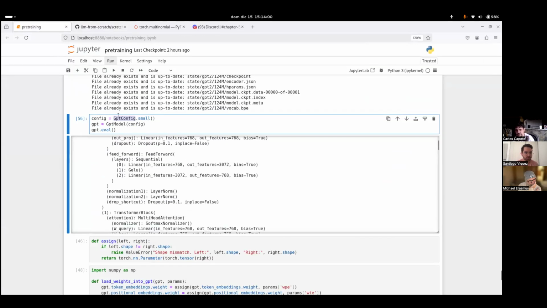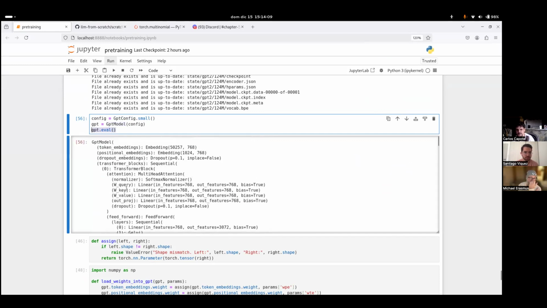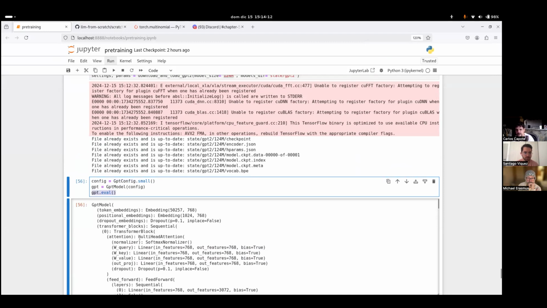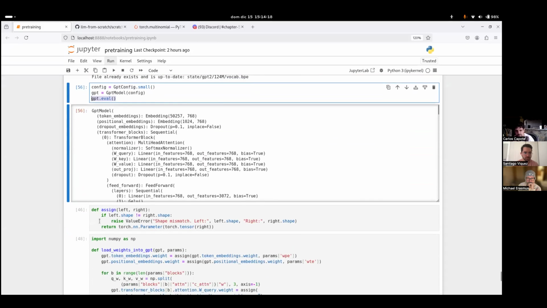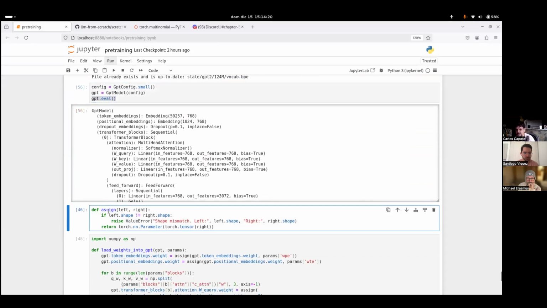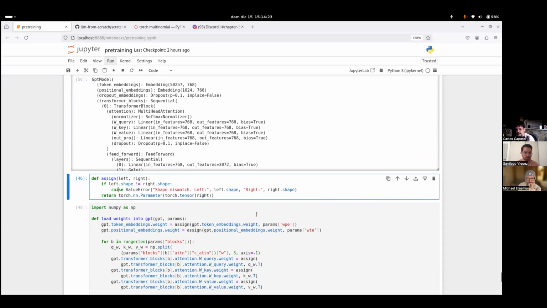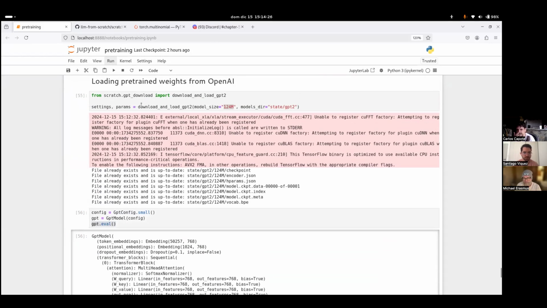So I'm basically creating a model with those small parameters. Then he runs eval. I think it's just to return this sort of array where you have the information about the size of the layers, I guess. And then he created this assign function. I didn't say that, but when we call this function, what it's giving us is these settings and params, where params is where all of the weights are, and this is what we want to put into our